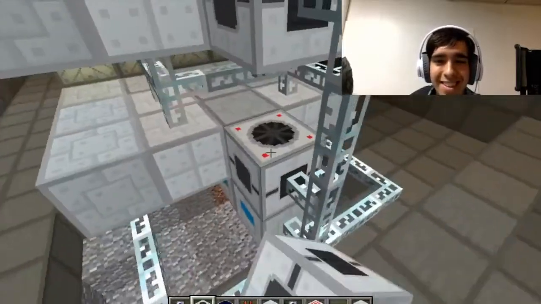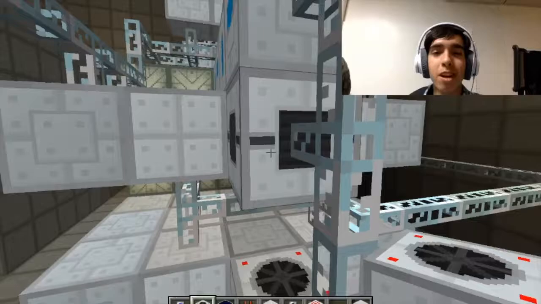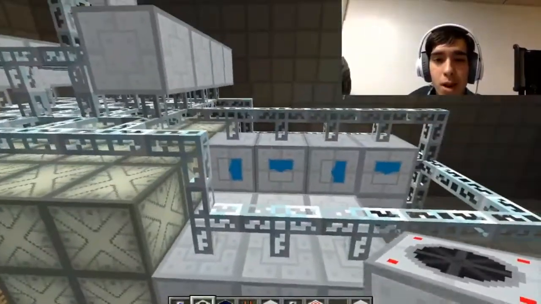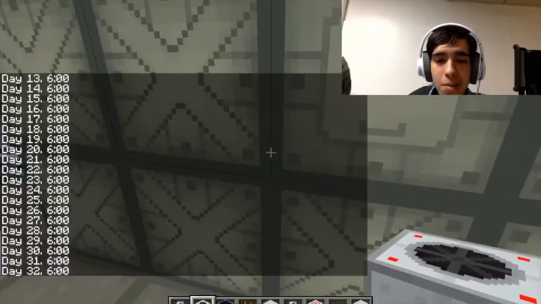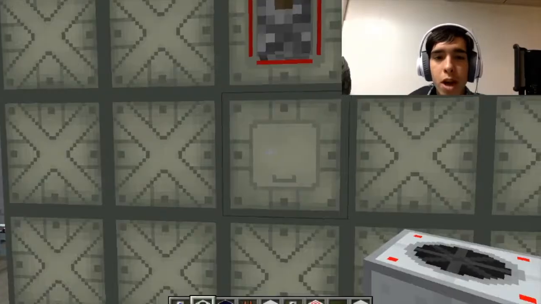Okay. That was crazy. Yeah, that was because the EU output was too high. We needed to step it down. So this should be sufficient power to make sure all these are working. So now, clear inventory. Coolant is full. So I'm going to need...